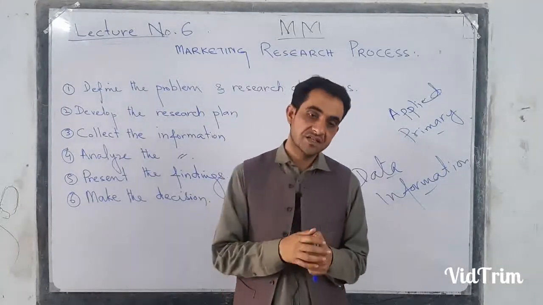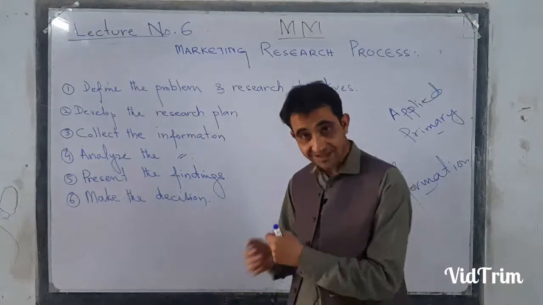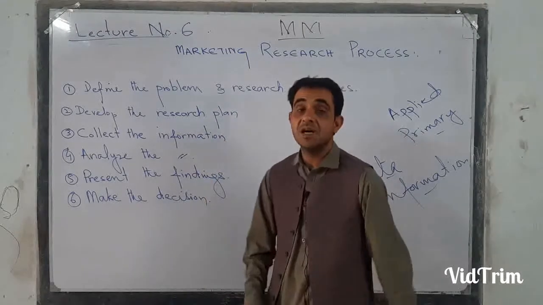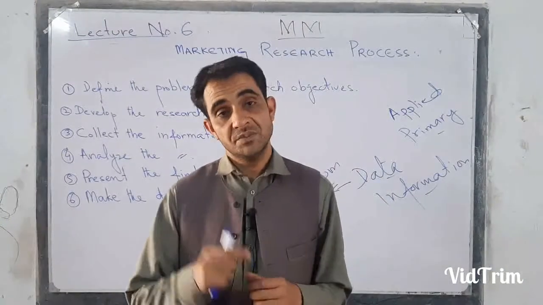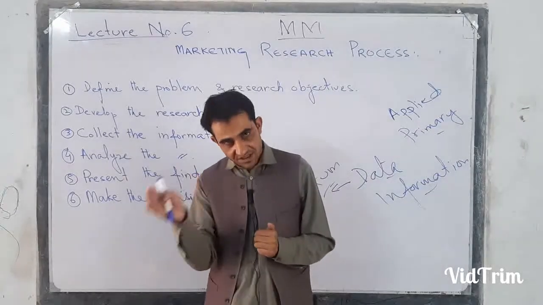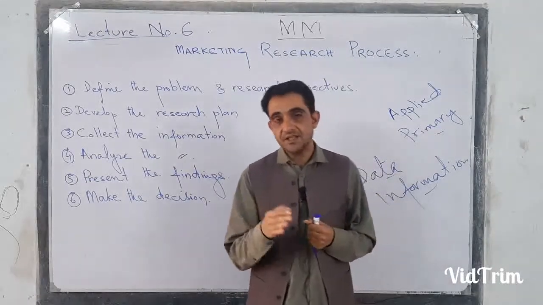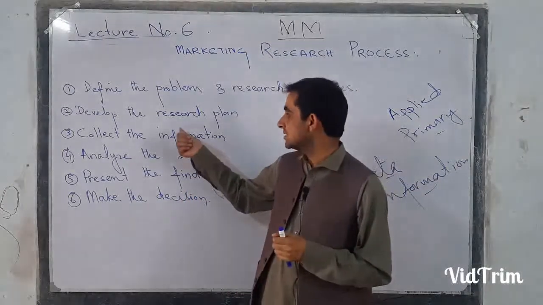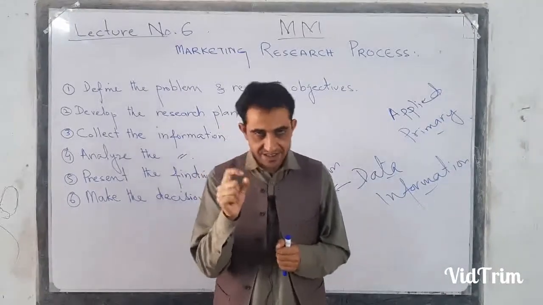But this is called secondary data, or the secondary data is also called disk data, because that is available at your disk, in the books, in the computer, etc. So here, in this research plan, we are making different decisions, number one of which is about data and data sources, whether the data is primary or secondary. If it is primary, how will we be collecting it? If it is secondary, how will we be collecting or extracting it from different sources? So this is step number one of developing the research plan, which is data and data sources.